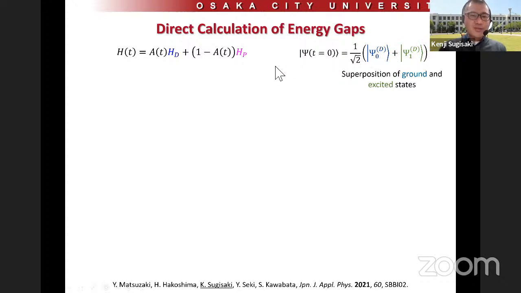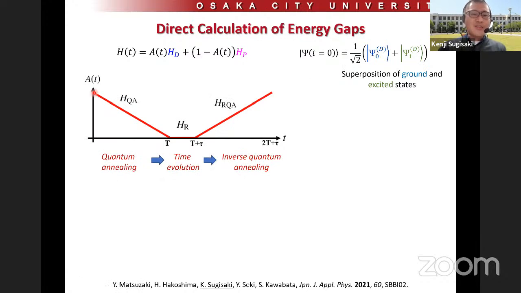And then perform quantum annealing by changing A(t) from 1 to 0. So at this stage, we obtain the wave function in the superposition of ground and excited state of the problem Hamiltonian,